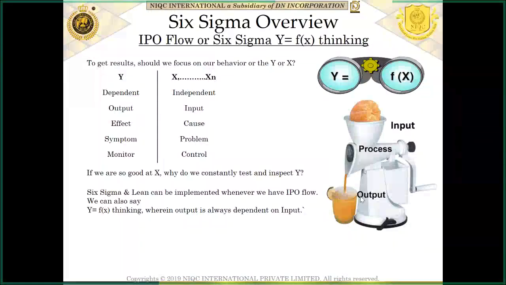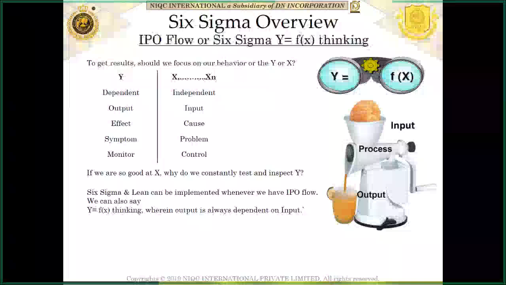So when I say Six Sigma or process improvement, where can I apply Six Sigma? You can apply Six Sigma wherever there is an IPO flow. Let me repeat: wherever there's an IPO flow, you can apply Lean Six Sigma,